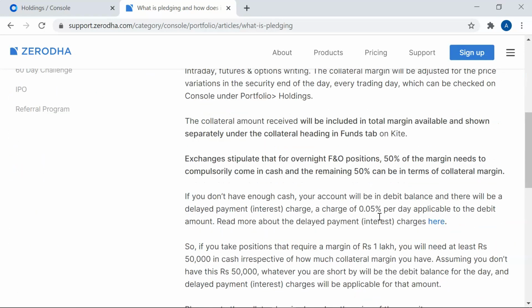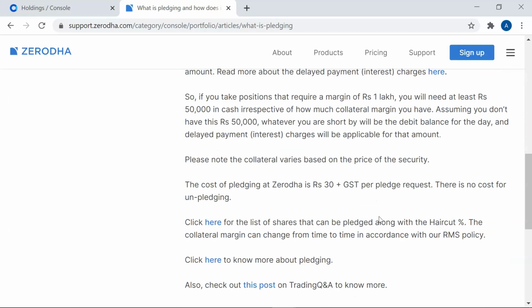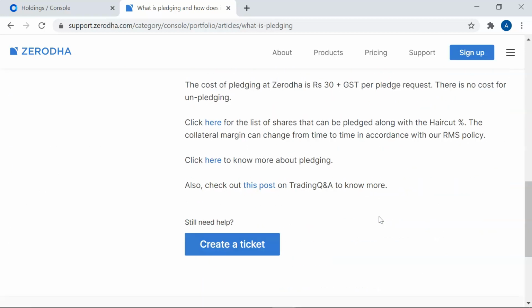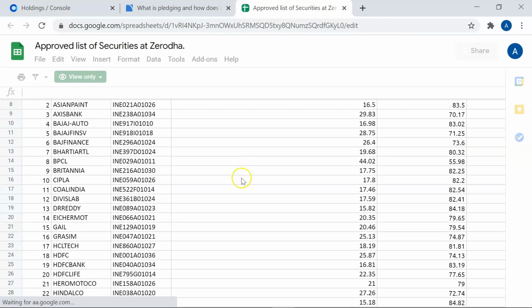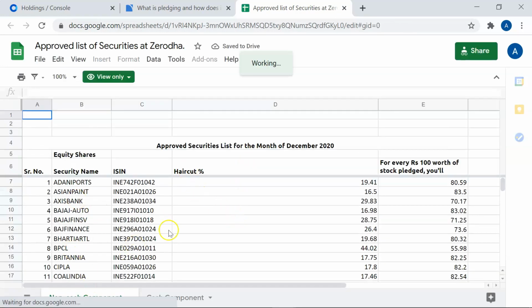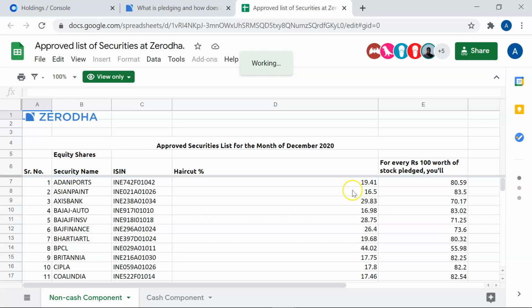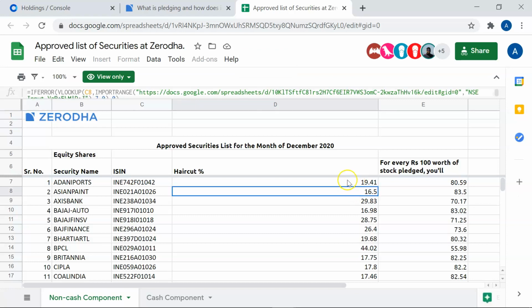This Excel sheet link I will paste in the description as well. So see here, click here for the list of shares that can be pledged along with the haircut percentage. So this is the list of shares that you can pledge and their corresponding haircut. Haircut is decided by SEBI.